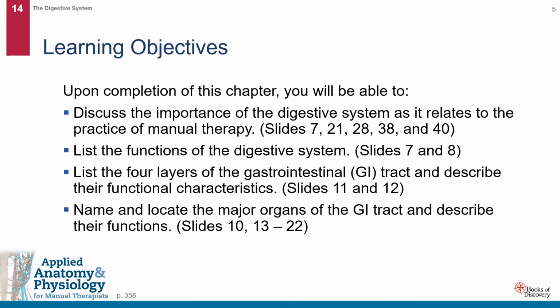Now, in terms of our learning objectives for today, upon completion of this chapter, you will be able to discuss the importance of the digestive system as it relates to the practice of manual therapy, list the functions of the digestive system, list the 4 layers of the gastrointestinal tract or the GI tract, and describe their functional characteristics, name and locate the major organs of the GI tract and describe their functions,